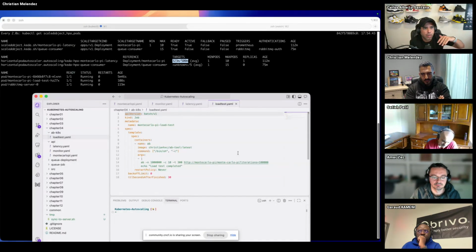Yeah. Or etc. So just by having a custom metric that checks the latency, it's enough. It will keep adding replicas, more pods, until you hit that sweet spot of meeting that SLO